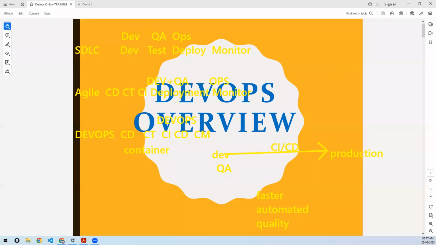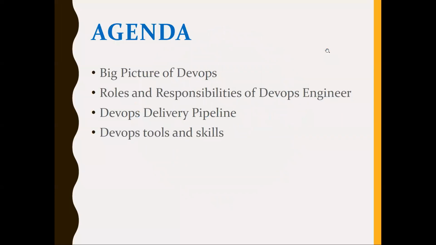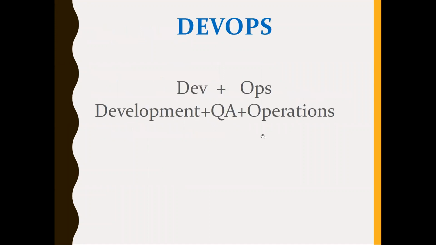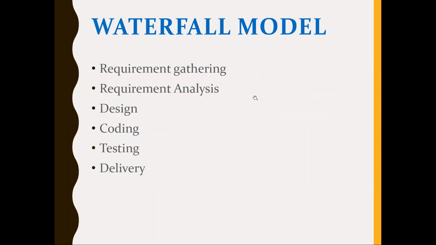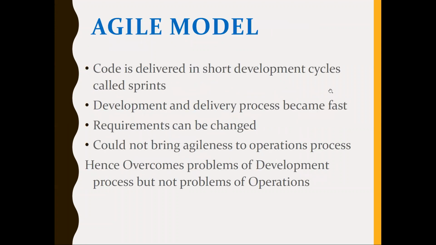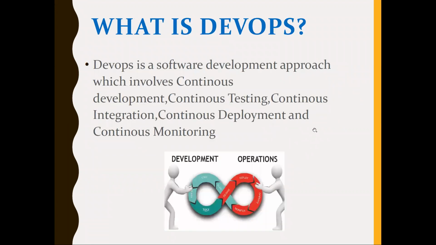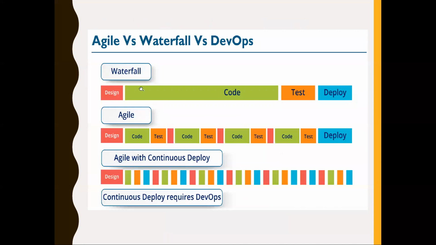Any questions you can let me know. Whatever we have discussed till now, that's the documentation, that's this presentation for all. You will get these presentations as well. We were talking about the big picture of DevOps roles and responsibilities, CI/CD pipeline tools and skills today. DevOps is a combination of these. The Waterfall model we have discussed, the drawbacks, challenges, the Agile methodology, and why DevOps came in. All these we have discussed, a document which you can go through after the session, the differences between Waterfall,